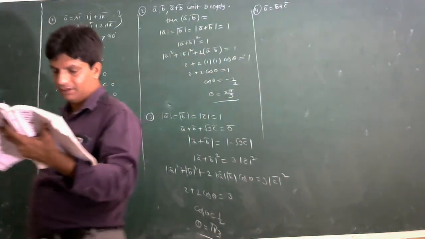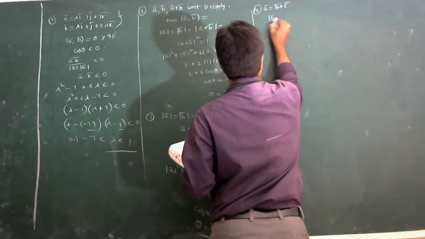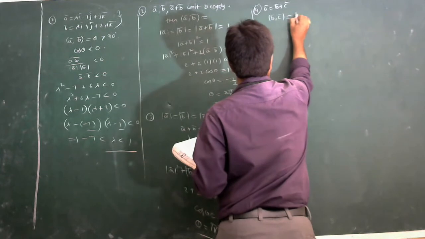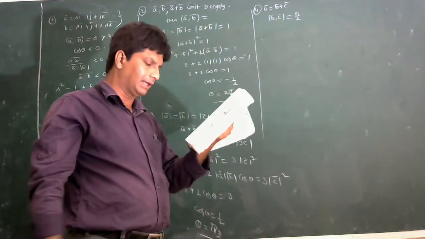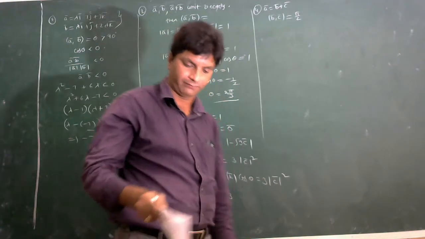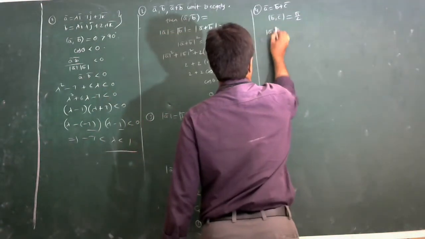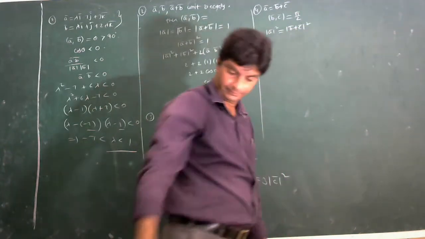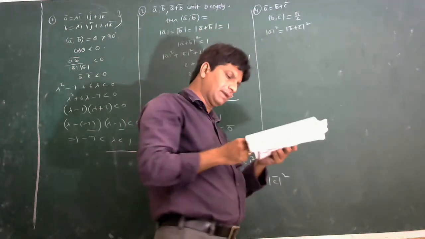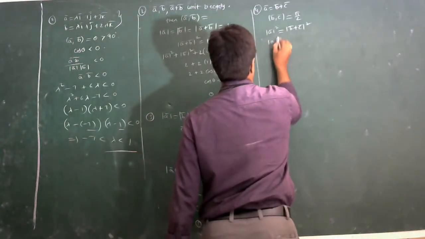then the angle between B bar and C bar is given as pi by 2. This is the relation between A bar, B bar, C bar given, and the angle between B bar and C bar given as pi by 2. Then we have to find the condition in terms of A, B, C. Simple logic there. Squaring on both sides. Apply mod and squaring on both sides. This is mod of B bar plus C bar whole square. A bar, B bar, C bar, 3 vectors only are given. So keep this as it is.